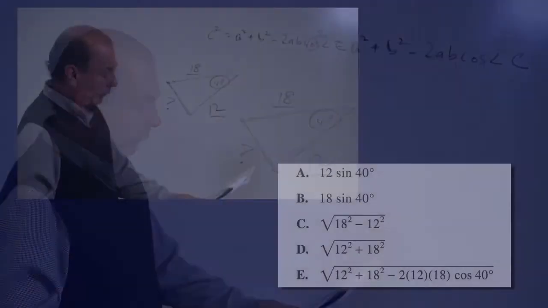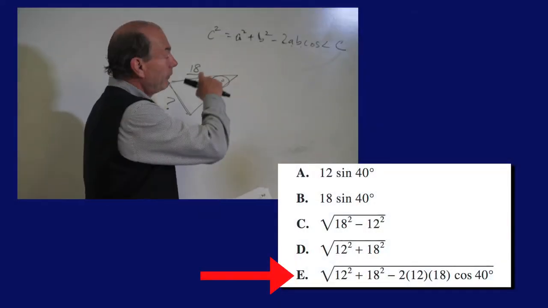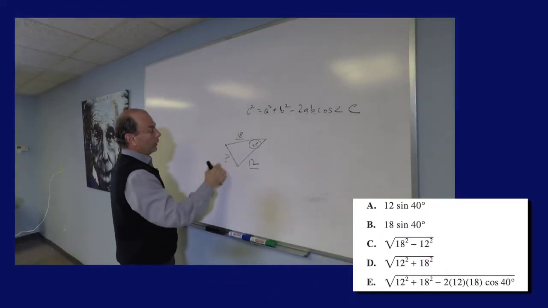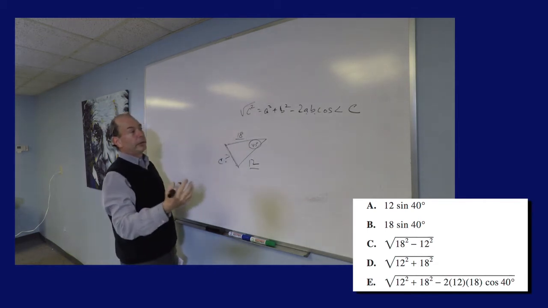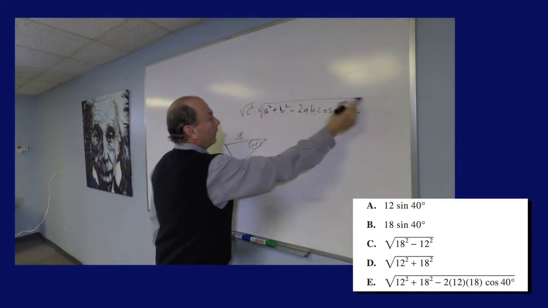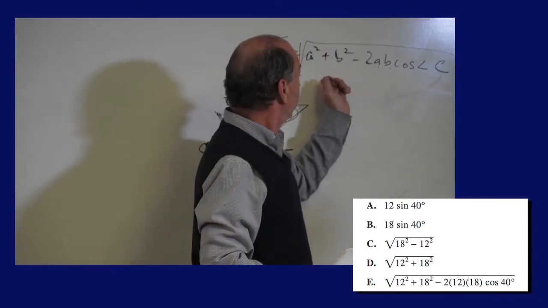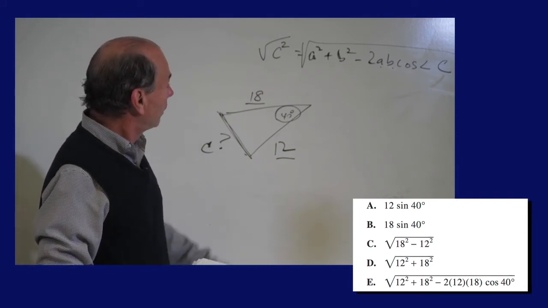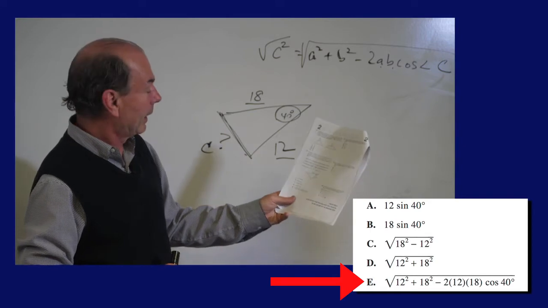Now look at the answer choices. Oh, only one of them looks even vaguely like this. By the way, we don't want c squared, we want c, right? We're looking for this length, meaning we need the square root of c squared to get c, which means we need the square root of all of this. So we're looking for the square root of a lengthy expression that looks like this, and there's only one that looks even remotely like that,